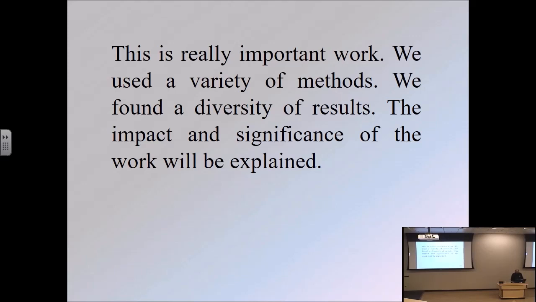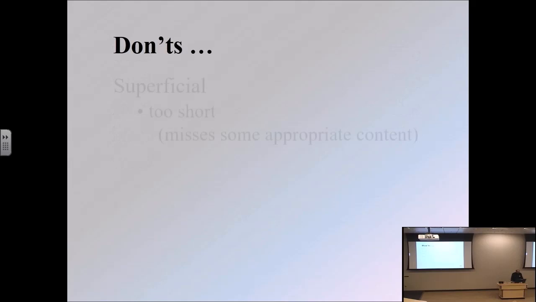I have to tell a personal story on myself. When I was finishing my PhD work, I was submitting an abstract for a conference, and the work wasn't done yet. And so the professor I was working with, he just said, well, just simply say that the work and significance will be explained. And I thought, that doesn't seem right, but that's what we did. Because we didn't have it done yet. But obviously that is not a very informative abstract, and that's not how you would write a quality abstract. Okay, some other don'ts.